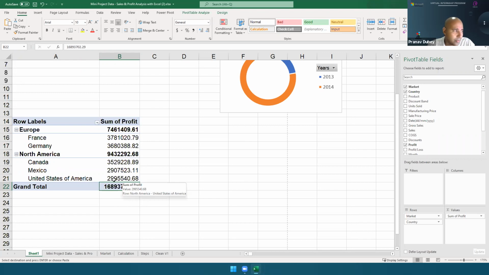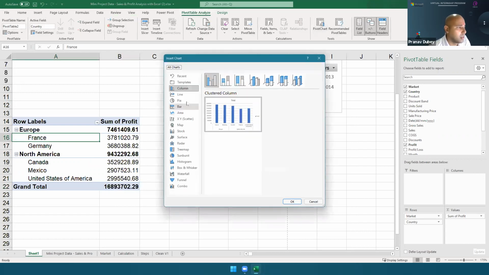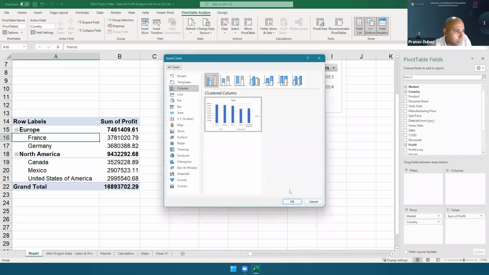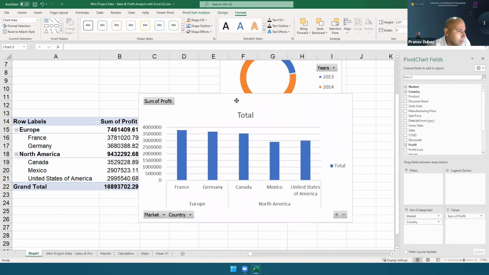Because suppose if you create a bar chart here, just look at my screen. If you create a bar chart, it's giving us a suggestion that you go for clustered column. So let's do that. Clustered column I have done.